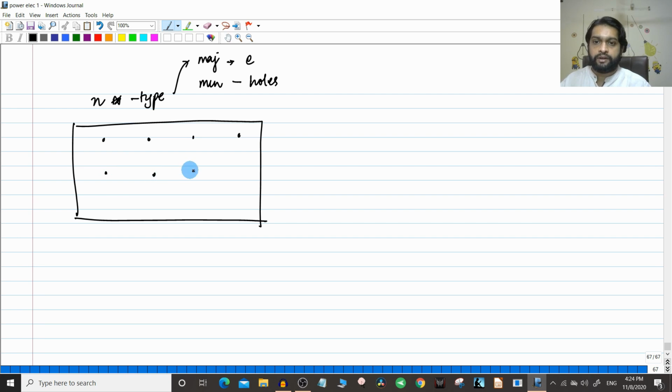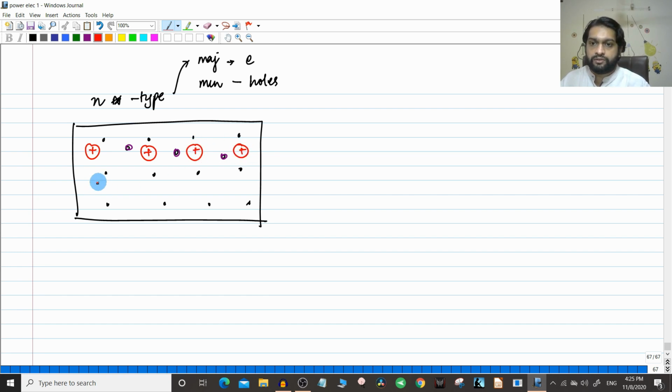So you have a lot of majority carriers. And minority carriers we will represent as holes, so I'll just put three here, in a different color also. Minority carriers are the holes. And then, what I told you, the donor atoms in n-type materials are electrically positively charged, so we will represent them by positive charges.